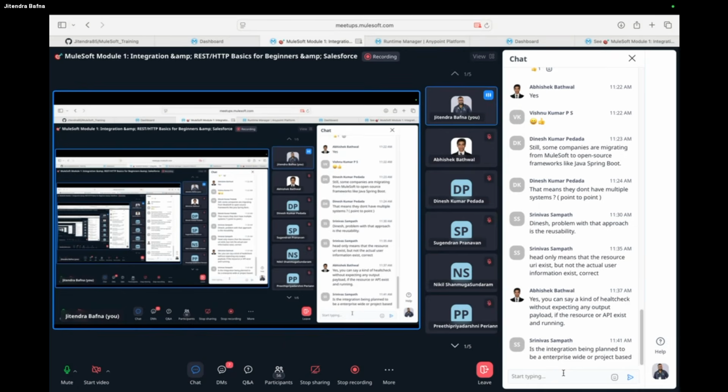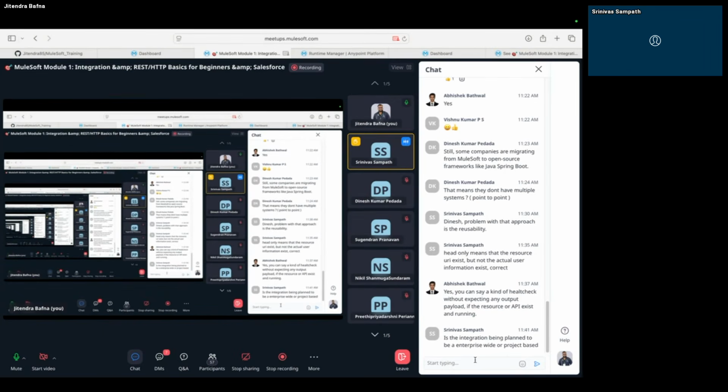At the top you have an enterprise, and within the enterprise there can be multiple initiatives, multiple projects, right? There can be CRM integration, ERP integration, a digital transformation. So the project is a sub-part of your enterprise. So mostly integration is used enterprise-wide. If you take the example of MuleSoft, you use it at an enterprise level. But if it is used by multiple lines of business within the organization, you create multiple business groups. Each business group can be mapped to one of the lines of business, right? Yeah, Srinivas.